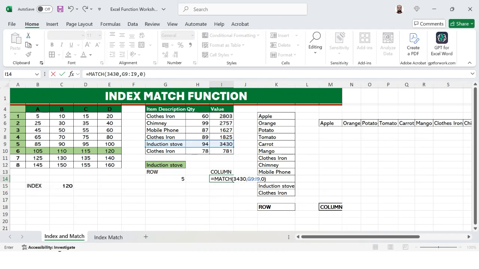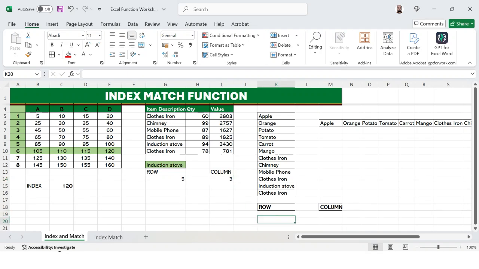Close the bracket and hit enter. See, you get the answer as 3. This is how you can use a row and column with the MATCH function.